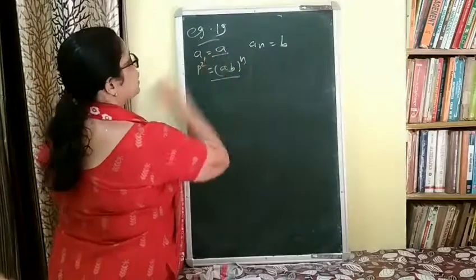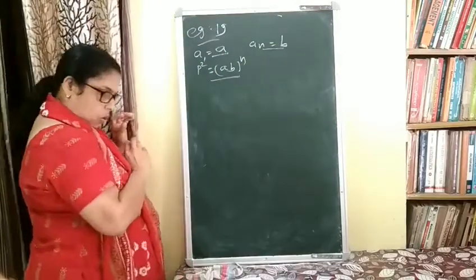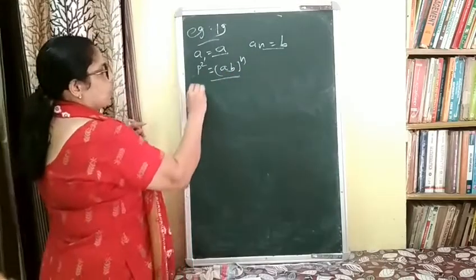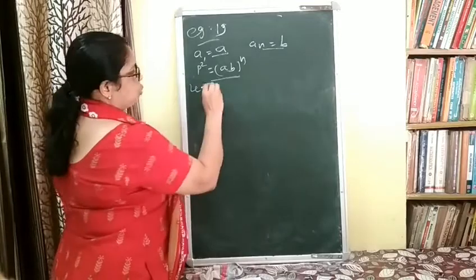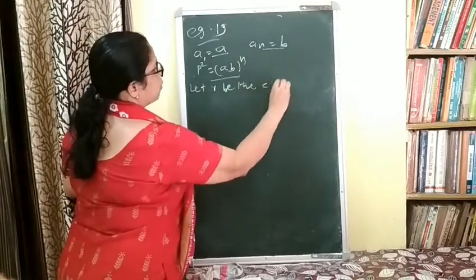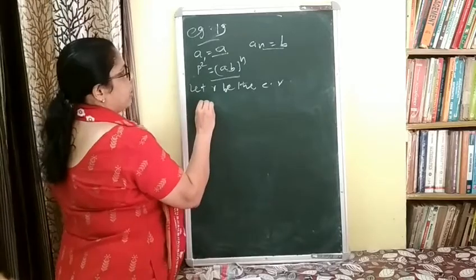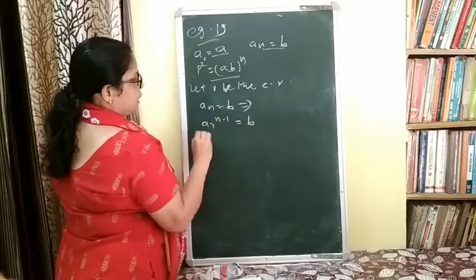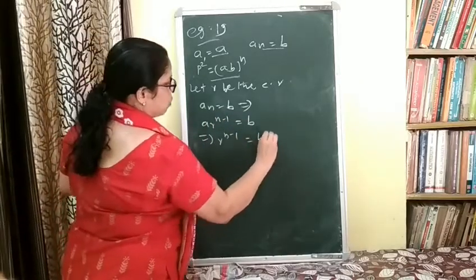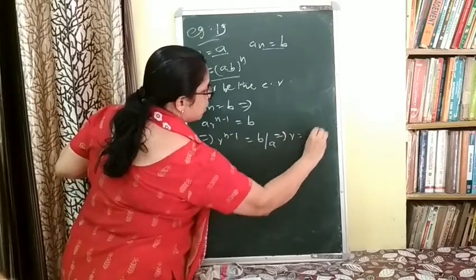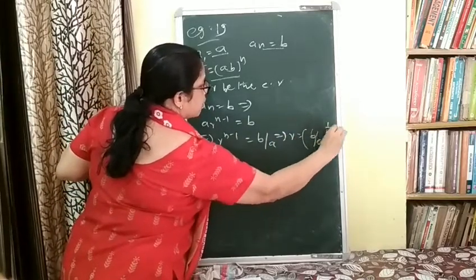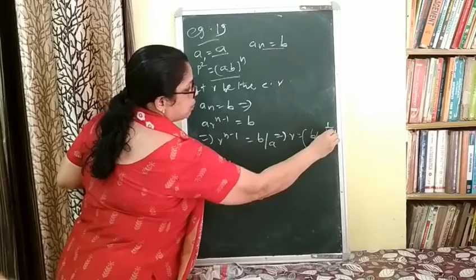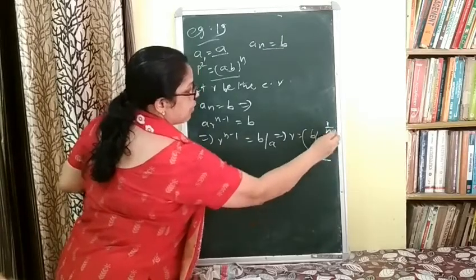आपको एक GP का फर्स्ट टर्म दे रखा है, nth टर्म दे रखा है और P n टर्म्स का प्रोडक्ट है, तो P स्क्वायर इक्वल टू AB पावर n प्रूफ करना है. तो आपको कॉमन रेशियो के बारे में कोई नॉलेज नहीं दिया, तो you have to assume let R be the common ratio. Now A1 equal to A, An equal to B implies AR raised to power n minus 1 equal to B implies R raised to power n minus 1 equal to B by A implies R is equal to (B by A) whole raised to power 1 by n minus 1. क्योंकि आप पावर को चेंज करते हुए रेसिप्रोकल में चेंज होता है, ये स्टेप ध्यान रखना, 1 by में आ जाएगा. This is the value of R.